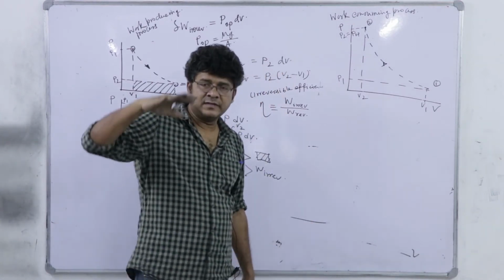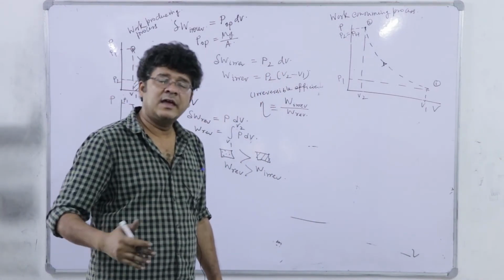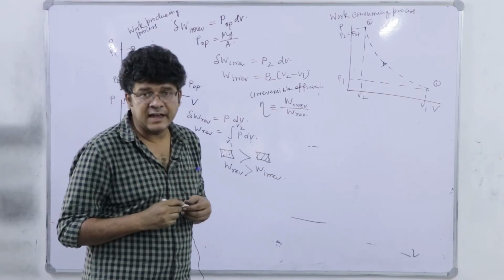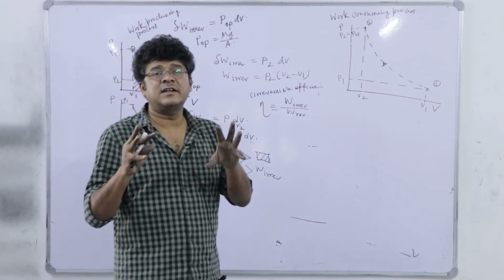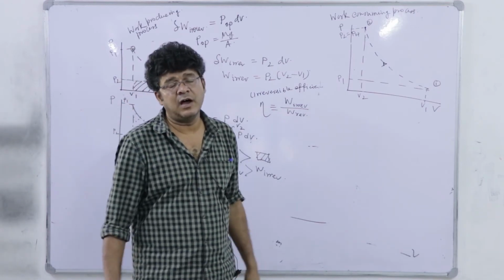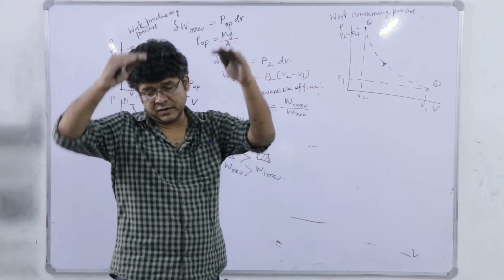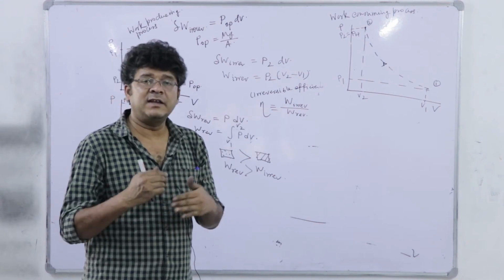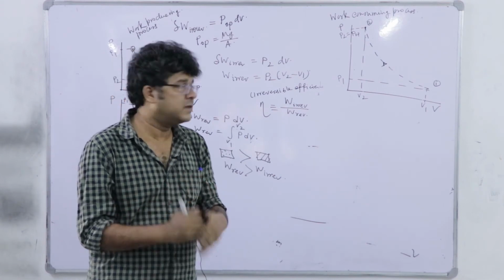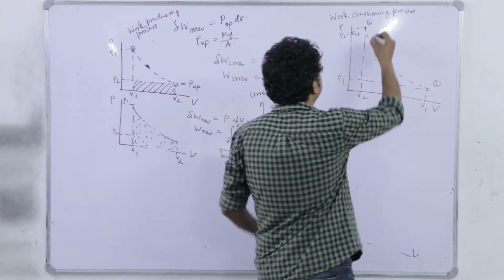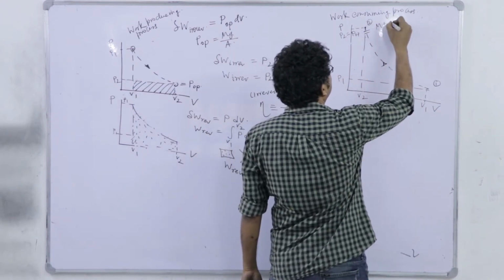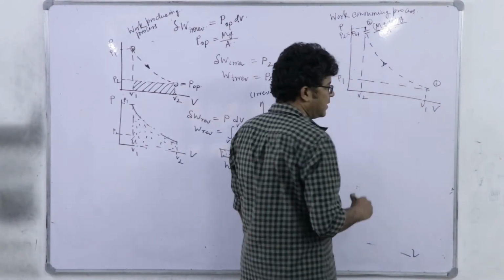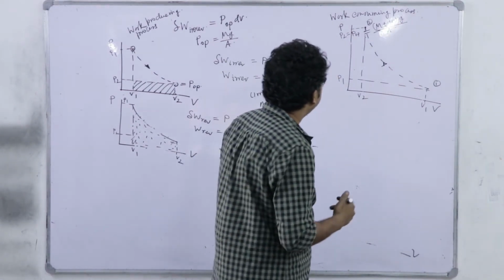Because now the system executes a process against the opposing pressure. Opposing pressure was initially higher, right? Because it is exerted by capital M and small m of the dead weight, right? So it compresses, so naturally its pressure increases and finally it equilibrates with the opposing pressure. So this opposing pressure theoretically is (M plus small m) into G divided by A, right, as per our diagram whatever I have drawn. So